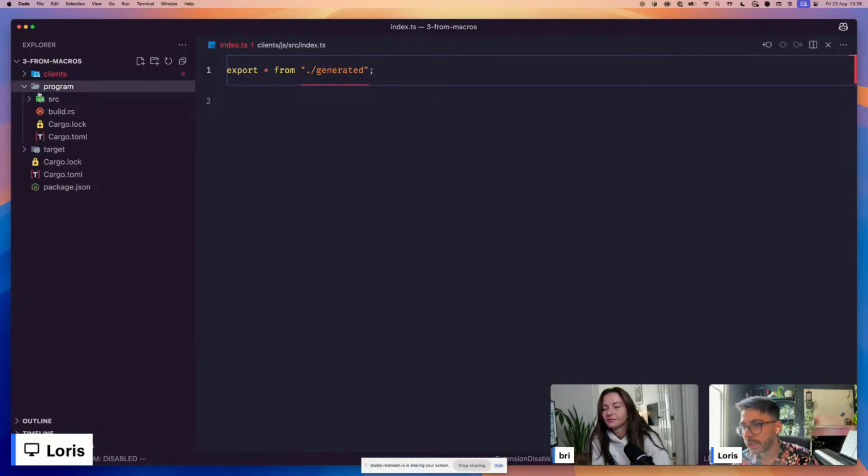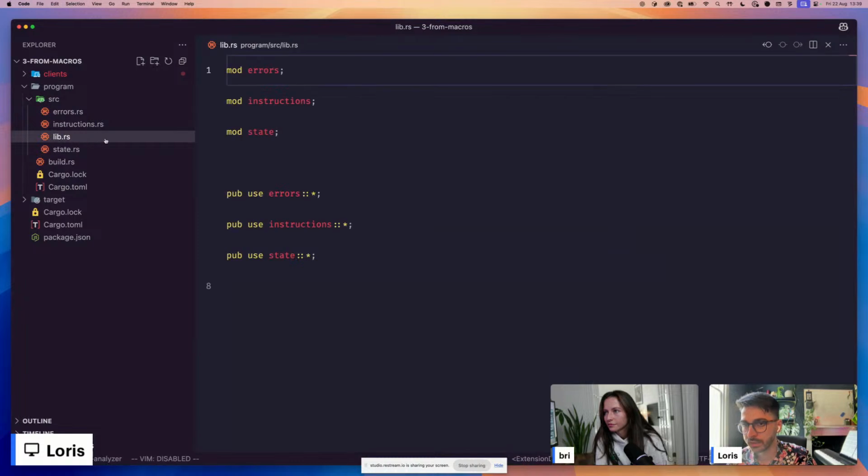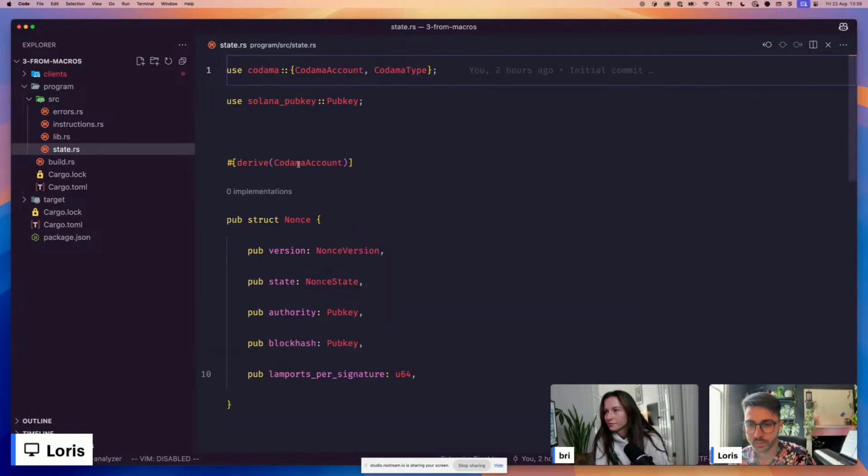And we have a program. So we don't have an IDL to start with anymore. We just have a program, which is more useful than having an IDL from somewhere else. And this is actually somewhat of an interface for the system program. So we're going to have this lib entry point, and for example, if we go to states, where you'd have all of your accounts,